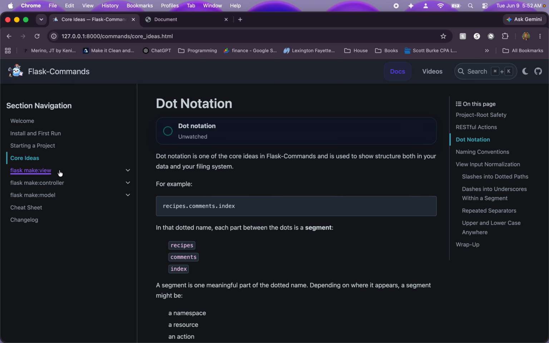So dot notation happens a lot in make view. Over here in make controller and make model, we use Pascal case, so kind of camel case scenarios. But with make view, I needed a way to describe the relationships. And so instead of camel casing or something like that, I use dot notation. So you'll see things like we'll do Flask make view